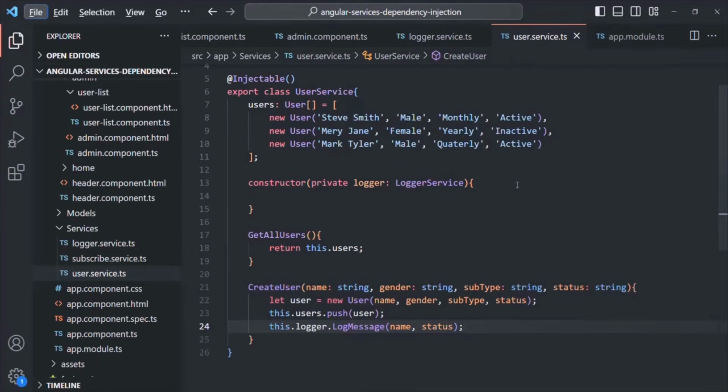Now, one important point to note here is that, as I explained, we don't need to use this @Injectable decorator on the service which is not going to receive any other service. But we need to use it on those services where we want to inject something. And technically that is 100% true. However,